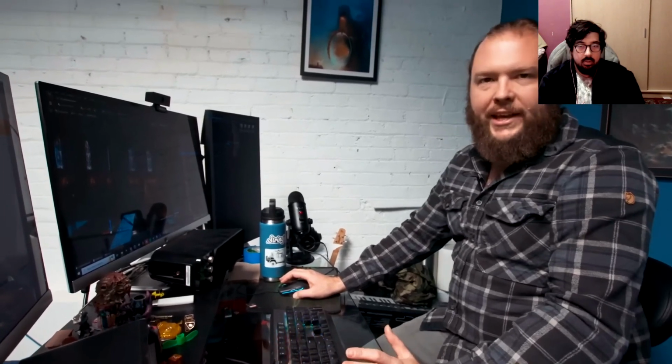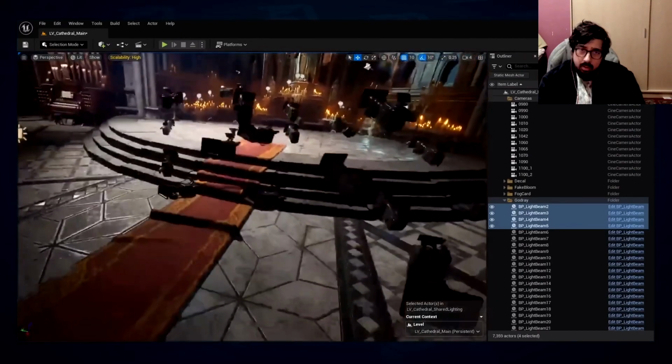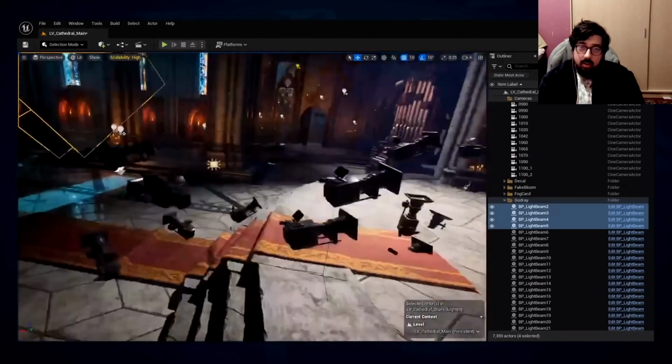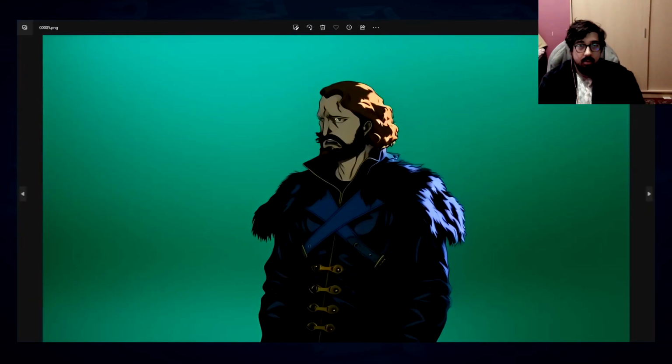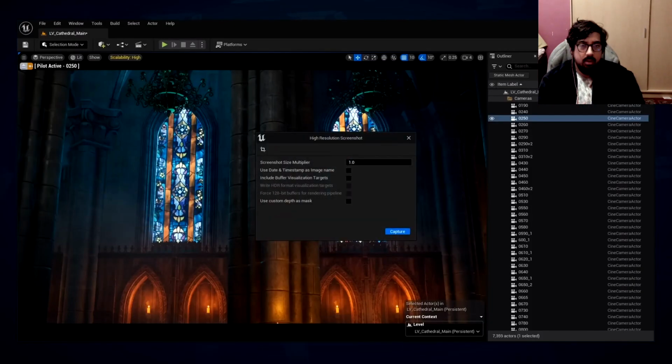I have a camera placed for every shot in the piece. And if we go back out here, look at that. Look at all these cameras. Every single one of these cameras is a different angle for a different background plate. So shot 250, it's waist up shot, maybe something like here-ish. Yeah, there we go. So I'm not even gonna render these out with the normal renderer.